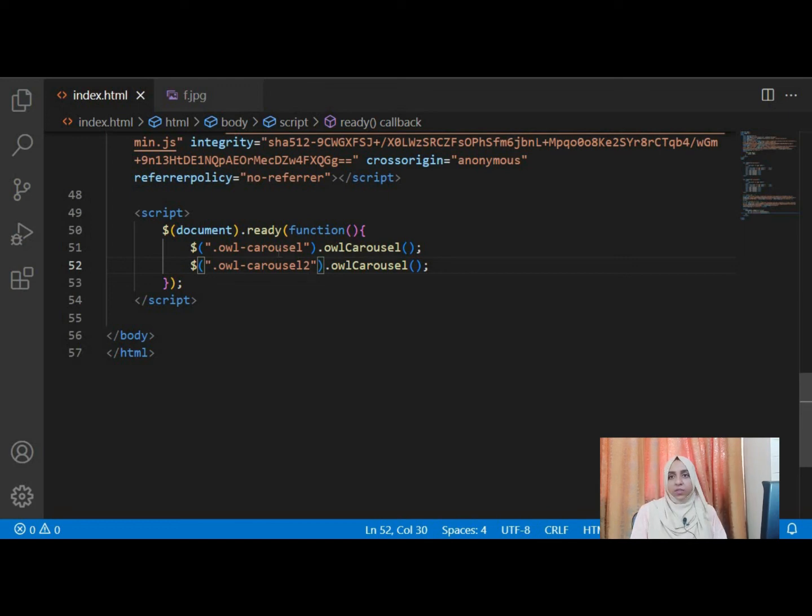So that's it for today. This is how you use owl carousel. This is very simple, and I will be putting the CodePen link where this code will be added. I'll be having an image slider over there. From there you can pick up code and use it if you want for practice. That is as simple as this.